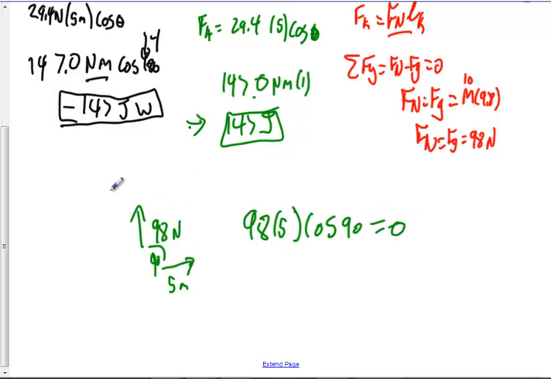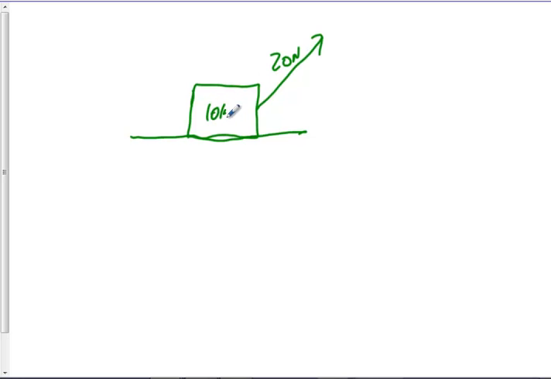So gravity and the normal force, neither one of them do any work on this thing because they're at right angles to each other. Last case to look at would be like the case if we have a similar thing, but instead of pulling straight to the right on it, we pull up and right on it. So if this is 20 newtons and this is 10 kilograms and this is 60 degrees, but we're only dragging it across the floor that way,